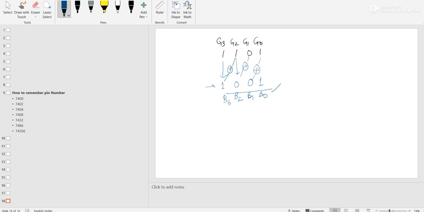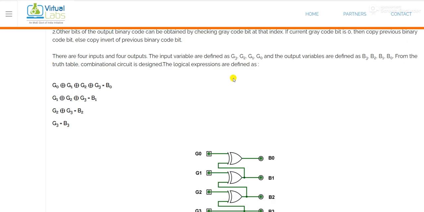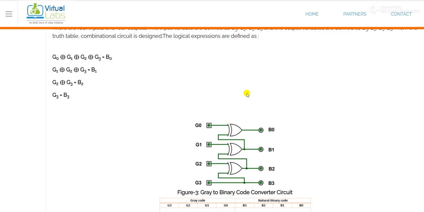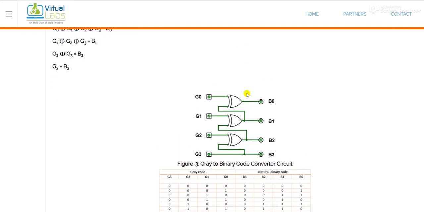This is basically the conversion of gray to binary bits. If I implement this code converter with the help of XOR gates, this will be the circuit diagram: G0 XOR B1, G1 XOR B2, G2 XOR B3, and G3 is equal to B3.